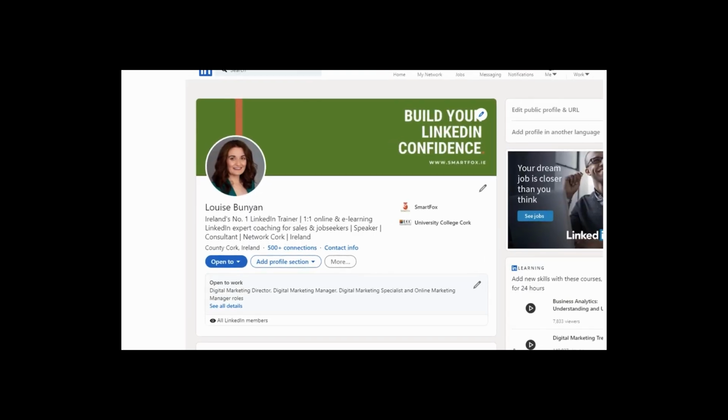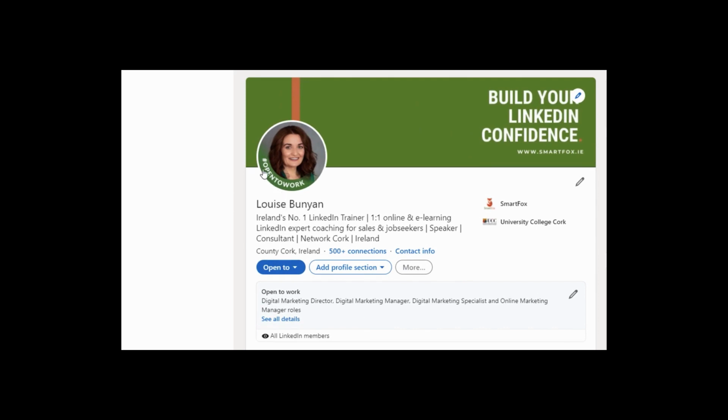So you can put in any hashtags that you want, and when you're ready you can click post. So we see now here that the open to work badge has been added, so that's public now to everybody. And then if we go down to this new grey box that has appeared, these are all the details that we have put into the previous box.